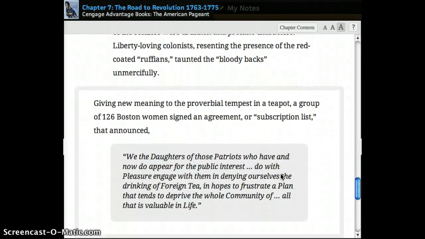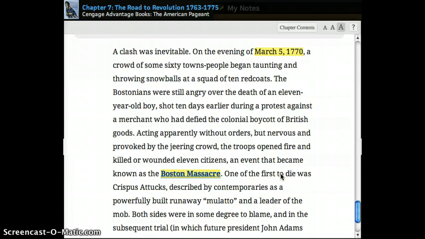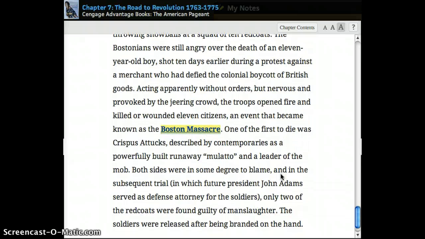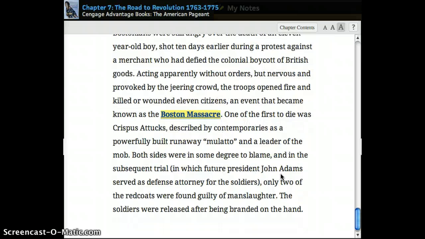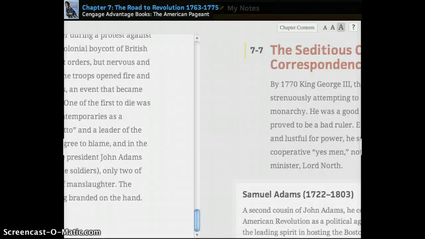So I don't really want to go into debating the actual events and the series of events. This is a fascinating story of two different perspectives in American history: the colonial perspective and the British perspective. What is important is the impact of the Boston Massacre, and that impact is felt throughout the colonies. The newspapers around the colonies begin to carry this message, and it begins to influence people.